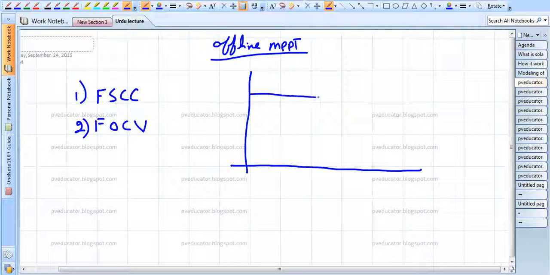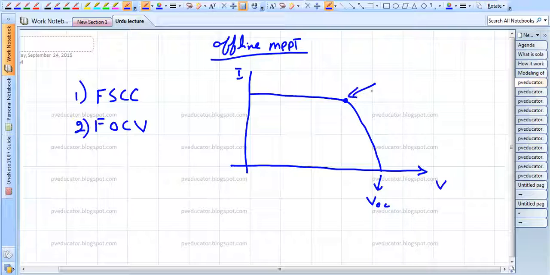Now if we draw a typical IV curve of a typical photovoltaic panel, where this is our current I and this is our voltage V. This point is known as the open circuit voltage VOC, where this point is the maximum power point. So the voltage corresponding to this will be VMPP,